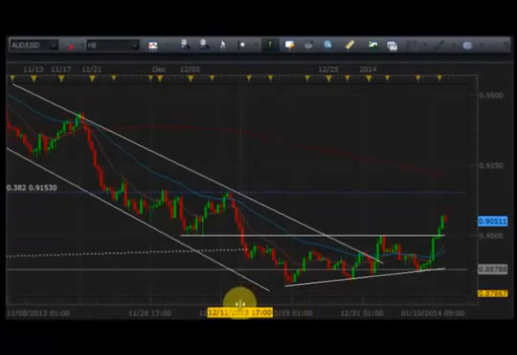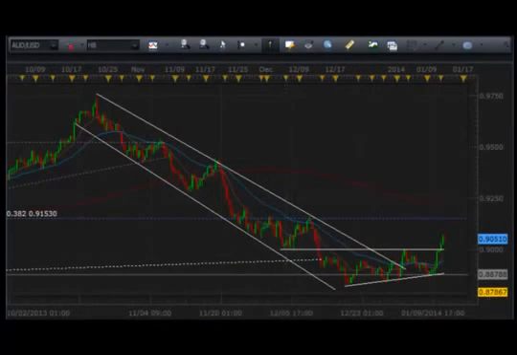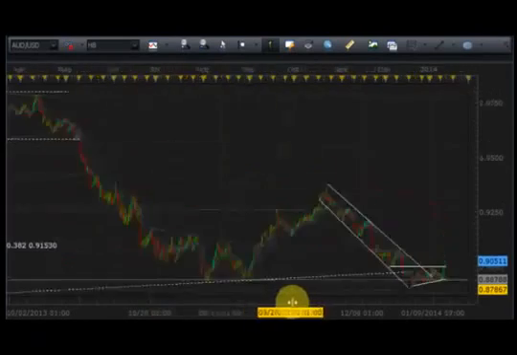We were talking about how this was an attractive one if it got above 90. It did indeed. I'm not long here because part of my concern with other pairs is that we have risk aversion. While this has separated itself from general risk themes, if risk aversion does truly kick in, this is going to probably take a hit too. Even though it's already oversold,